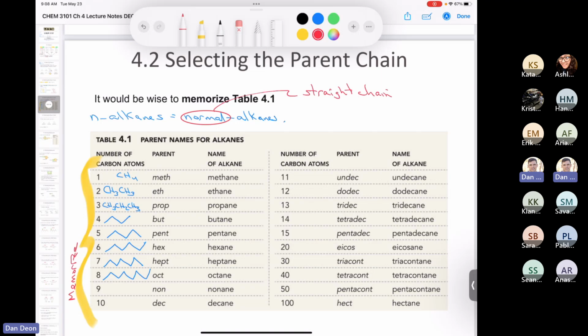You think of a pentagon is 5 sides, a hexagon has 6, so that's easy to remember. Hept, I don't know about that one. You go to oct, right? The octagon, then nonane, kind of sounds like the number 9, right? Nonane, and then decane, well, you know what a decade is.